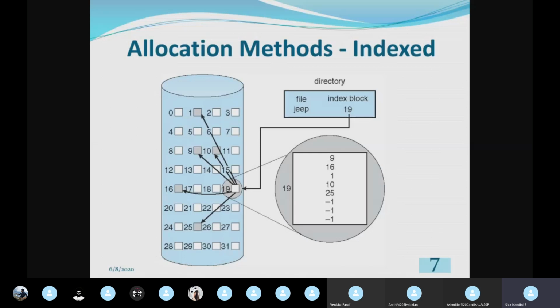So 10 is the fourth logical block of this file Jeep. So directly you can go to this index logical block. This index logical block contains the location of all the logical blocks belonging to the file Jeep. So what is the location of the fourth logical block? This 10th logical block. So directly from this index block you can go to the 10th logical block.